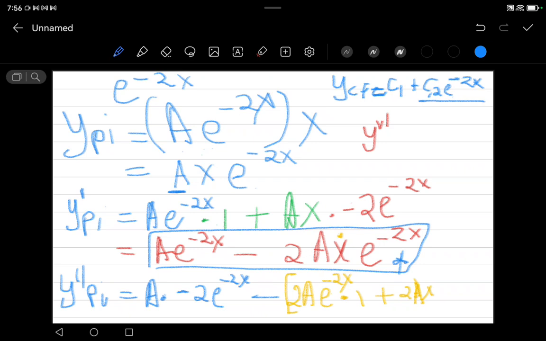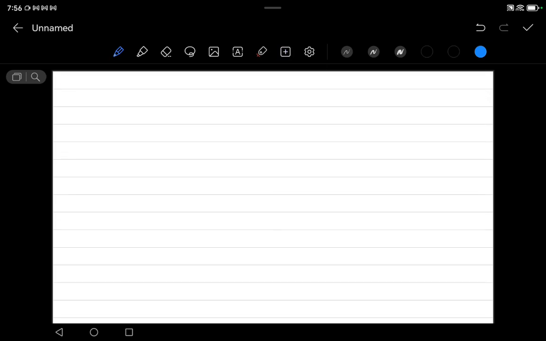and then we derivate what? E to the power of negative 2. The derivative of e to the power of negative 2x is going to be negative 2 e to the power of negative 2x. And then we're going to simplify. Okay, our y prime prime,